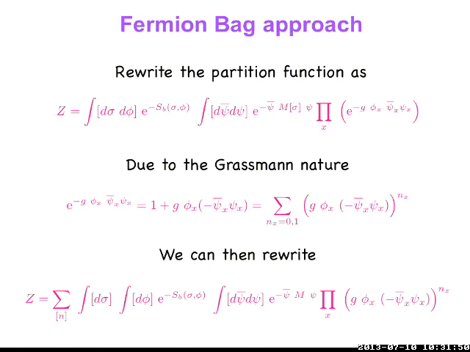So in the fermion bag approach, remember that I'm going to expand this interaction in powers, like it's 1 plus g. So when I start with the path integral, there is a bosonic part, there is the free part, and then there is this interaction piece, and this interaction piece I add as 1 plus g as I did before. And now this has two parts, 0 and 1. So this n_x takes values 0 and 1 exactly as we did for the plaquette case. Here it's not a plaquette, it's an on-site interaction.